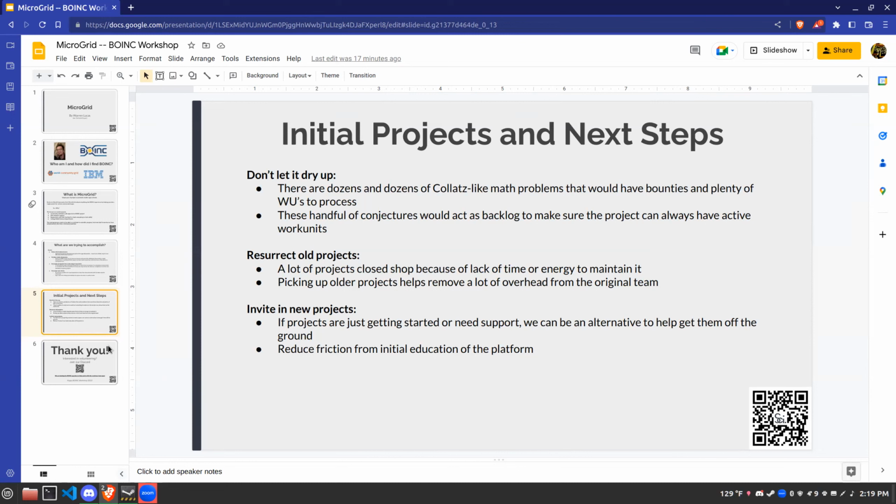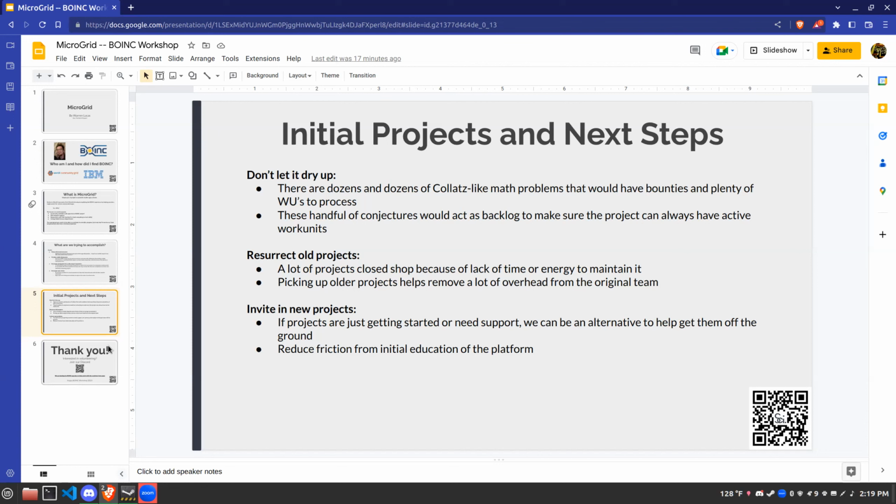But then looking at some of the older projects that fail all the time, usually because of lack of energy or time or money, the applications are out there. The applications are available for people to pick up and run. The goal would be to reach out and say, hey, are you interested in us just running the application? You don't have to be a server admin anymore. You can just focus on the data and the output. So, looking through some of the older projects, seeing if we can pick any of those up, see if we can actually start any of those.